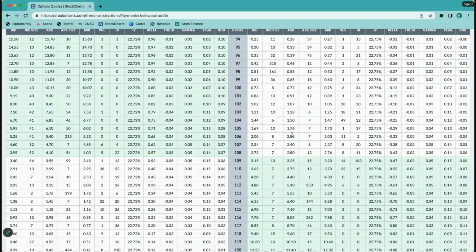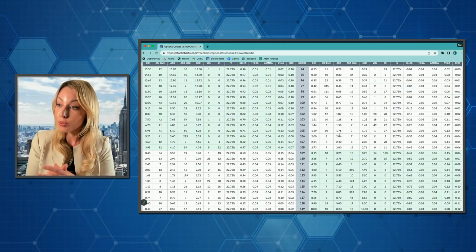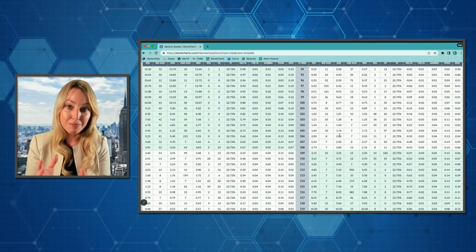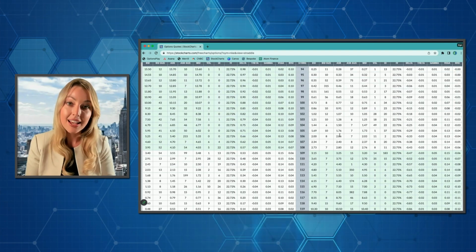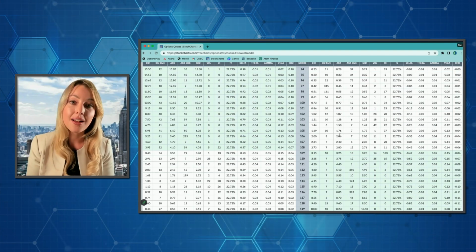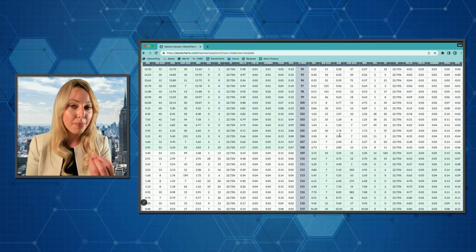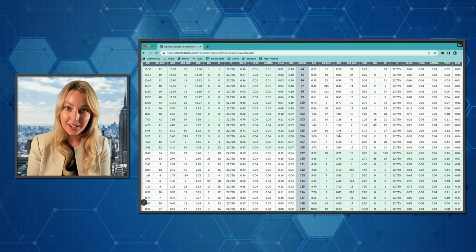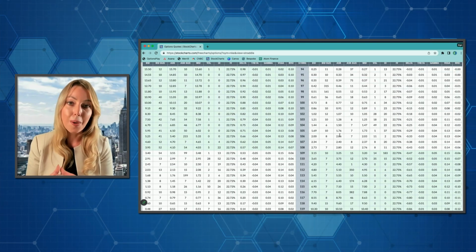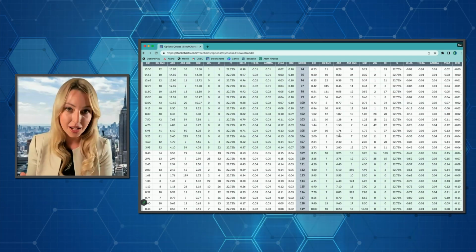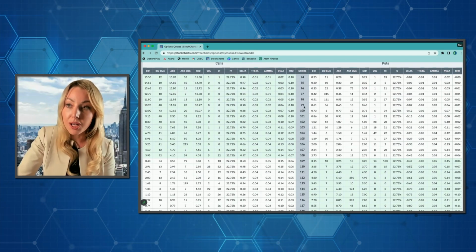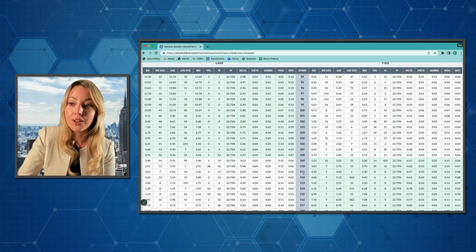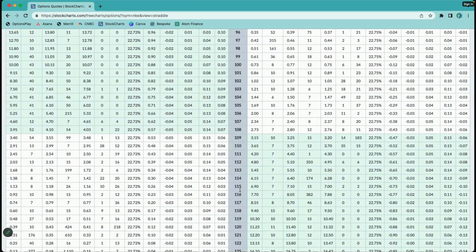So perhaps you found a predefined screen on one of StockCharts' advanced charting tools, and whatever process you utilize to pick your underlying securities, that's already happened. Now, instead of just putting in a limit order or buying stock at the market, we're going to select a cash secured put to buy that stock and utilize that obligation found within options. So when I'm pulling up the option chain, I've got the strike in the middle. That's the price that I'm going to be obligated to buy.